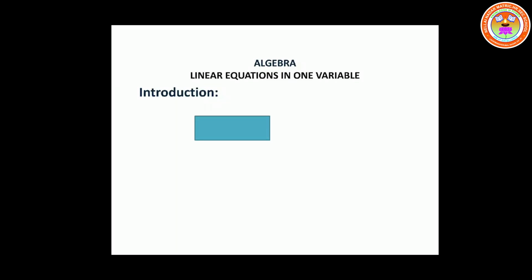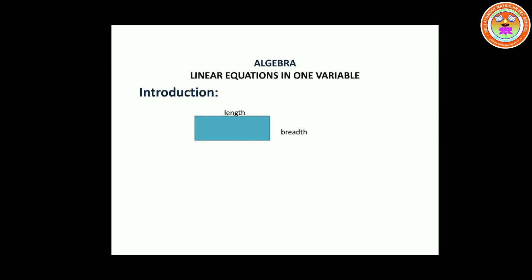Let us consider a rectangle. You know that a rectangle consists of length and breadth. Now, do you remember the formula for the area of a rectangle? Yes. What is the formula? Area is equal to L into B, where L is length and B is breadth. So, area of the rectangle is L into B square units.